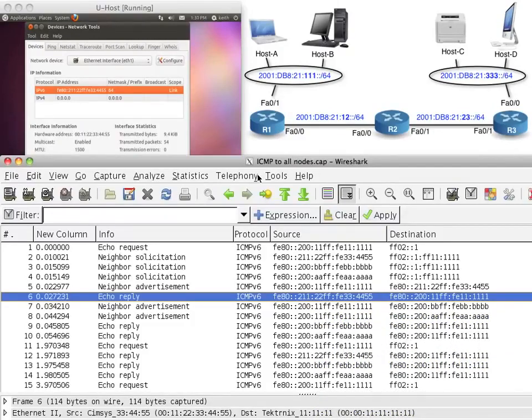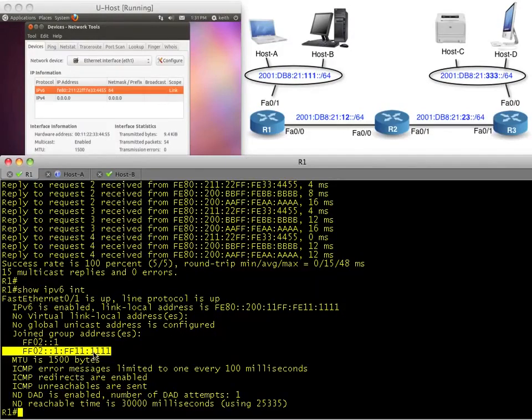So what have we learned about multicast groups? Here's what I want you to take away from this. If the IPv6 address starts with FF, you know it's a multicast group, that there could be more than one device paying attention to that group. We also identified that a device that has an IPv6 address is also going to join what is called the solicited node multicast group for that, which is FF02::1:FF,